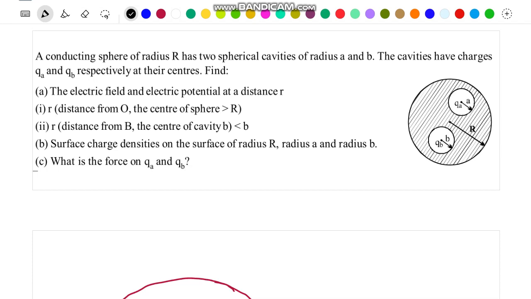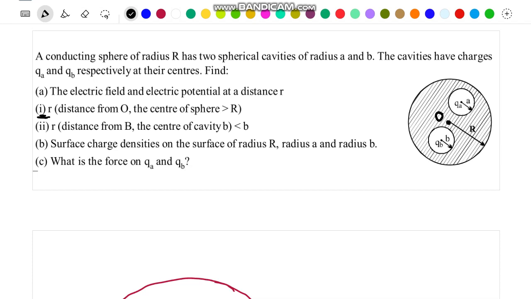Hello friends, in this problem it is given that there is a conducting sphere of radius r containing two spherical cavities of radii a and b. Now these cavities have charges qa and qb placed at their centers. So with the help of this information we have to find the electric field and electric potential at a distance r